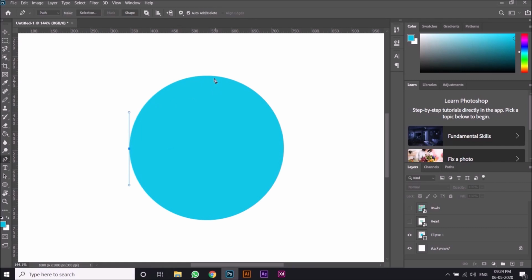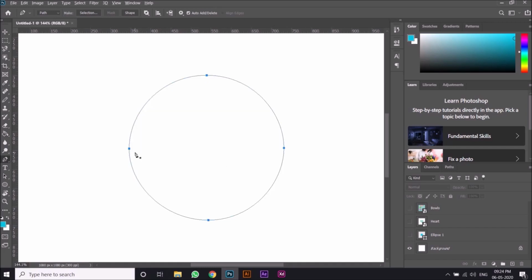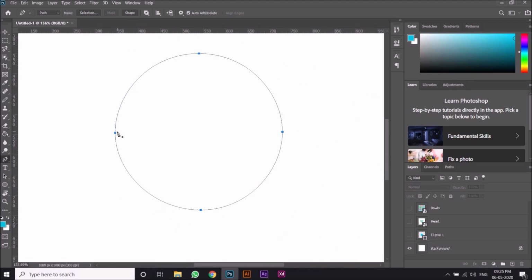Now I'll just leave it right here. Another point here, I'll press Shift and then drag it. I'll click here, Shift, and then I'll drag it, and then another point here, I'll press Shift and drag it, and then another point here and here. Now you can see it seems a bit better. I'll just hide this circle, and as you can see, now it looks fine, that is, the edge is curved. This is because we have made the handles for this point as well, like the other 3 points.